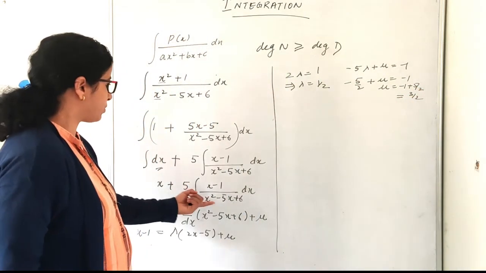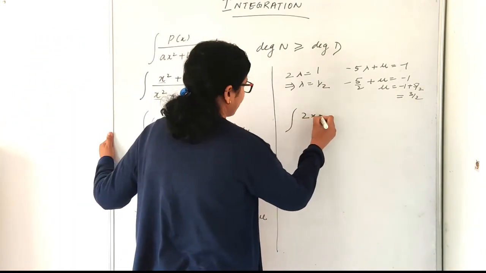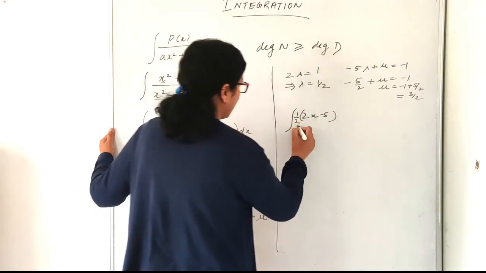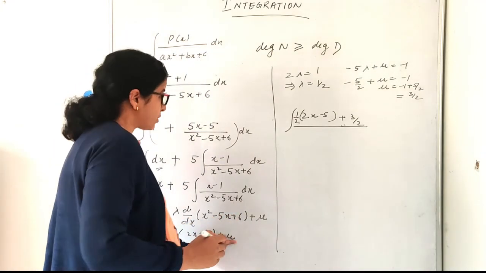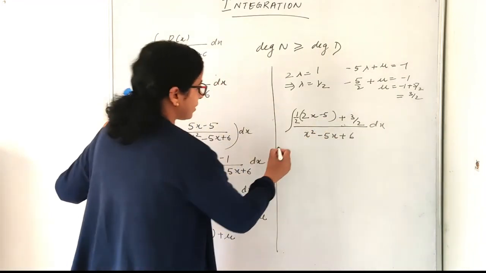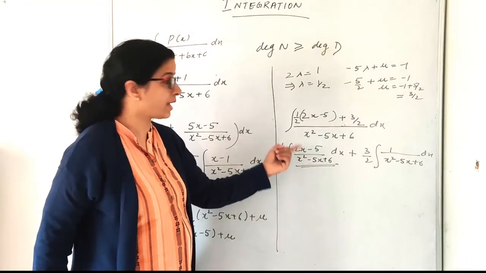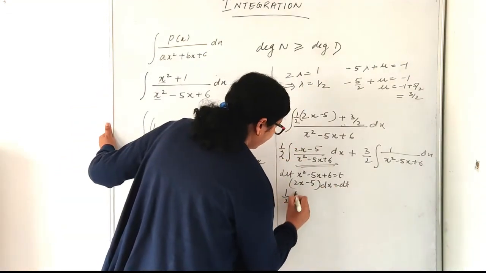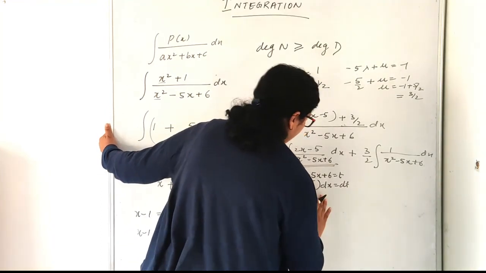Now we will substitute in this integrand. So we are left with 2x minus 5. What is the value of lambda here? 1 by 2, plus 3 by 2, that is mu. So it is done, and now I'll write the denominator. We can separate it. Here, if you assume this as t, there you have the differential, right? So what I'll get is half dt by t plus.